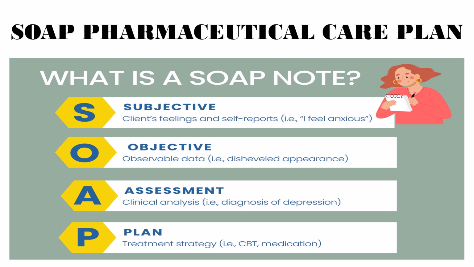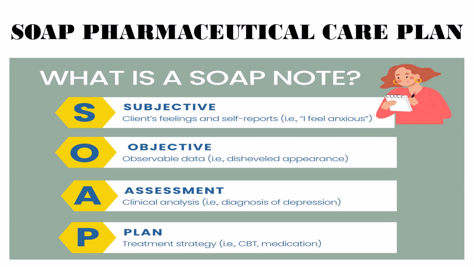Based off the subjective things, the things which can be measurable and factual data are objective. So objective things will depend on the facts: the vitals, the lab tests, the imaging like scans, any medication review, any changes to the medication which is mentioned in the prescription. All these things will come in objective. Based on the subjective and objective things, the clinical analysis and the final assessment will be given. This is the pharmacist's analysis of any drug-related problems based on the subjective and objective information.